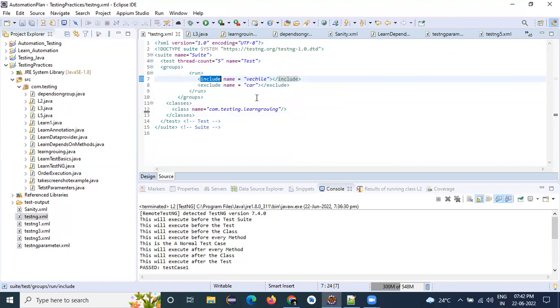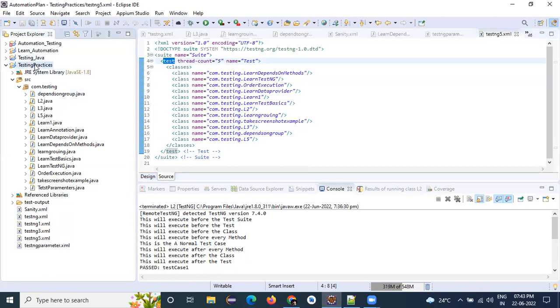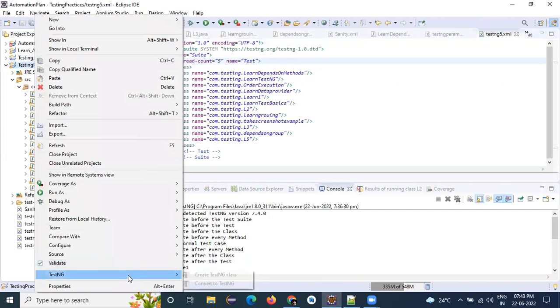Sorry to interrupt. How to create the XML file only for one class? Yeah, I will show you exactly. If you remember, I have created it for all. You know how to create a TestNG XML file, right? Just if you see, yes, here, run, when I create a